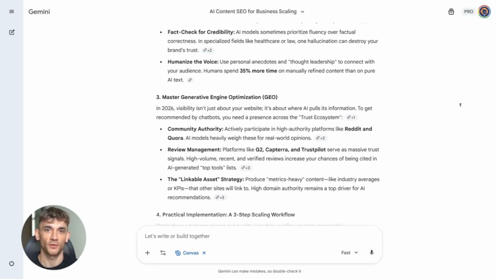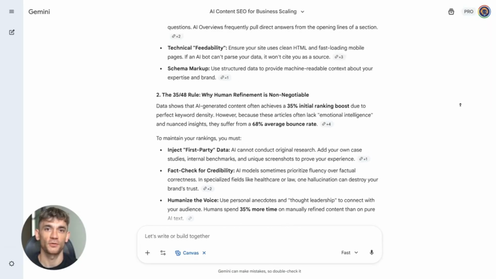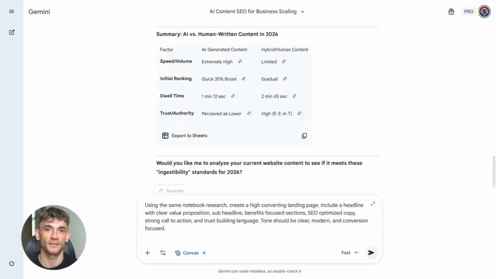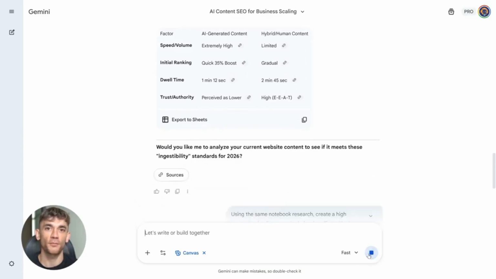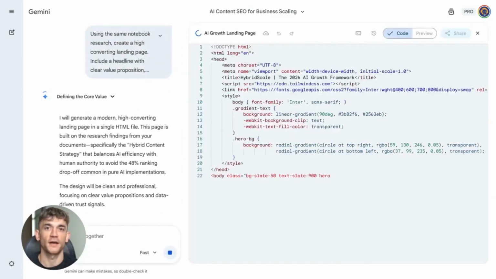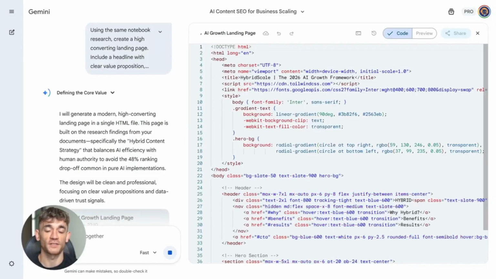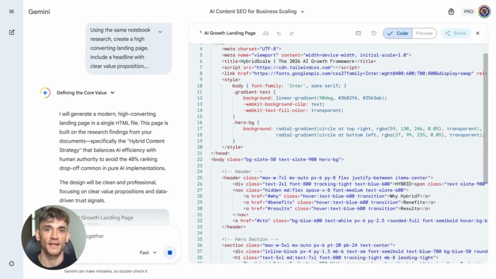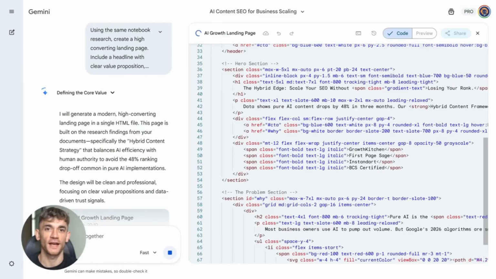But wait, there's more. You can use the same notebook to create different types of content. Let's say I want a landing page for the AI Profit Boardroom. Same research, different output. Here's the prompt I use in Gemini. Using the same notebook research, create a high converting landing page. Include a headline with clear value proposition, sub-headline, benefits-focused sections, SEO optimized copy, strong call to action, and trust-building language. Tone should be clear, modern, and conversion-focused. And just like that,